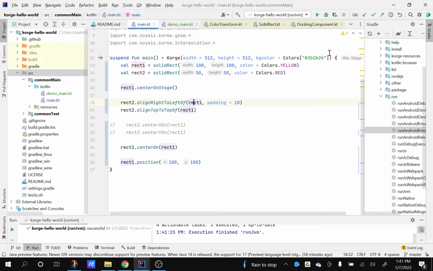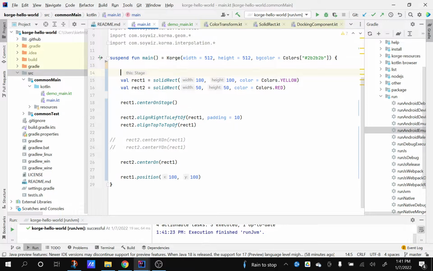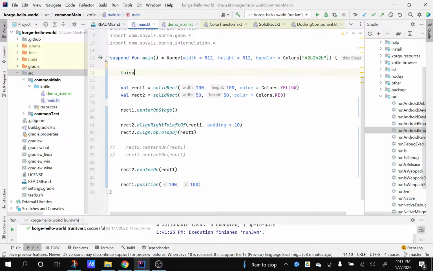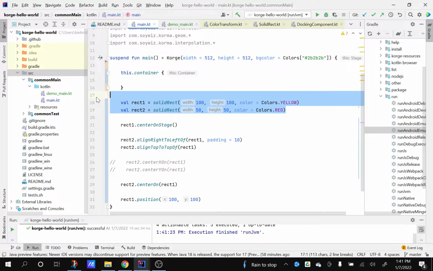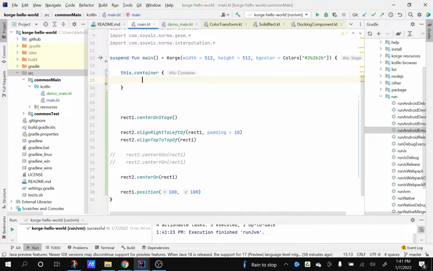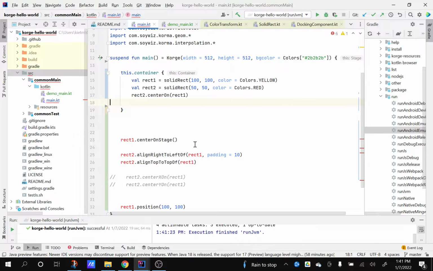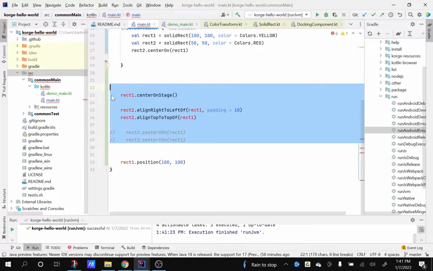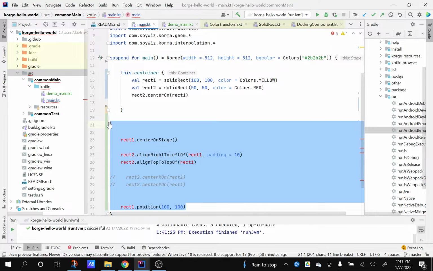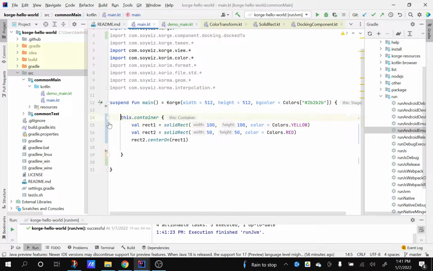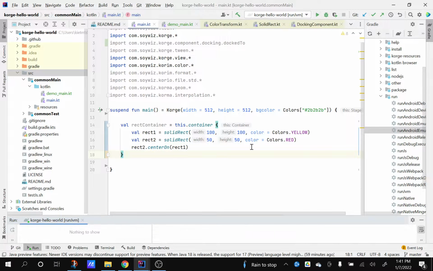Well, a way that you can do it is by using something called a container. So this dot container, and then we can move these two rectangles inside of this container. And then we'll have the centering on as well. So let's just go ahead and do this. I'll give it a name, rect container. So if we go ahead and run it,